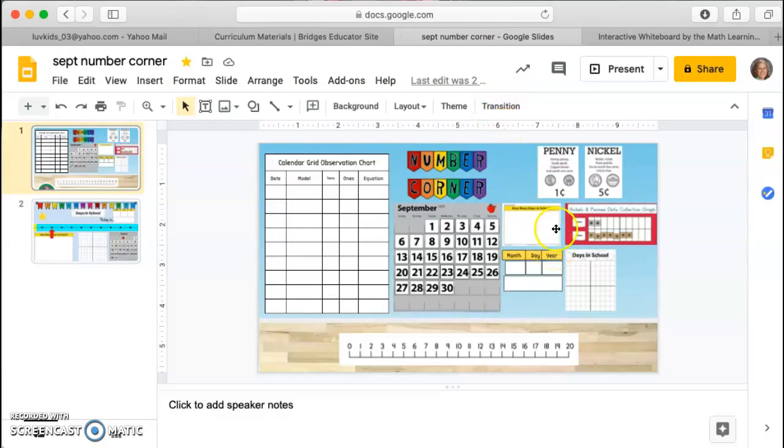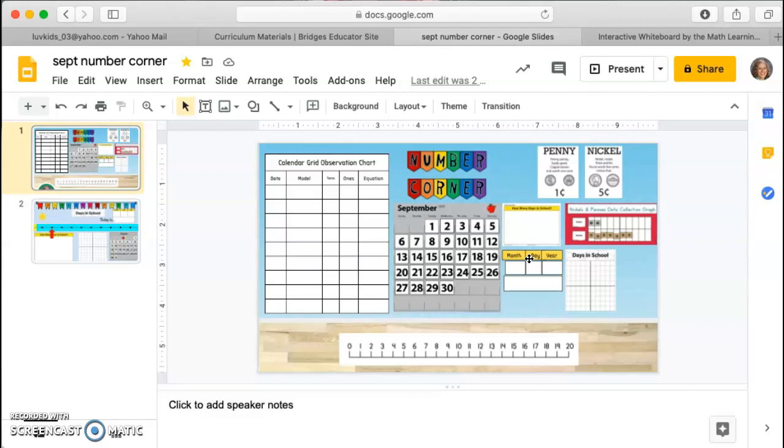Now, friends, we are going to come over here to how many days we've been in school. Today, we've been in school for 3 days. We practiced representing 1 and 2 on day 1 and 2. Today, because it is our 3rd day of school, you're going to practice representing the number 3. How many different ways can you represent?